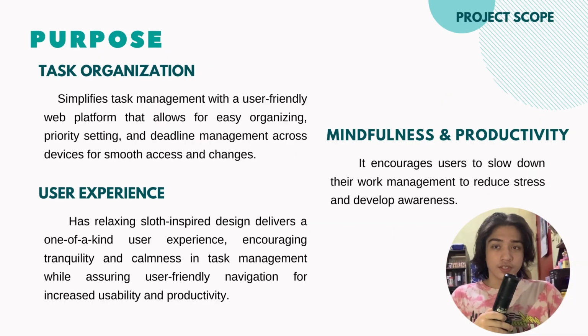So here we present the purpose of this website. Task organization simplifies the task management with a user-friendly interface that allows for easy organizing, priority setting, and deadline management. It also provides a cross-platform feature for easy access in all devices and computers. With the sloth-inspired design, this website